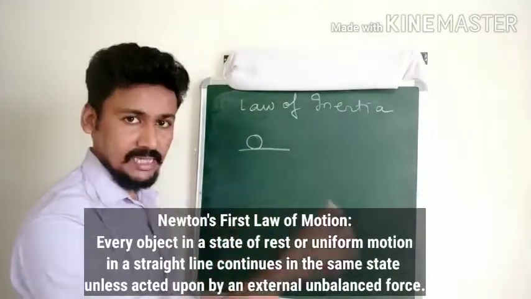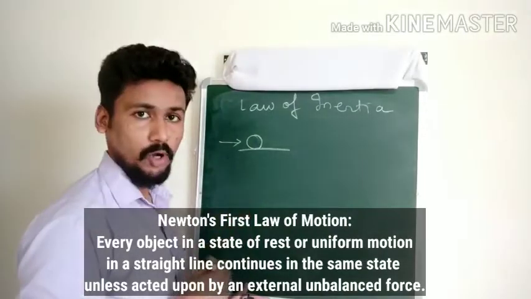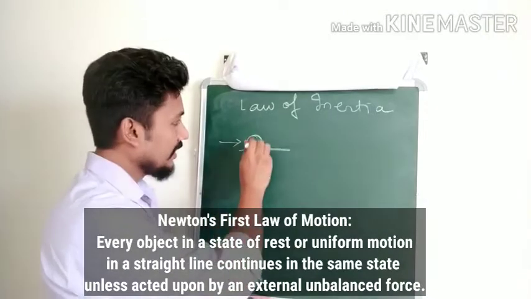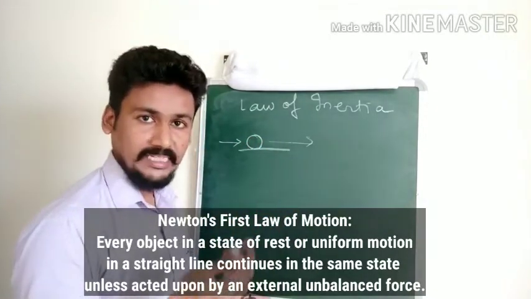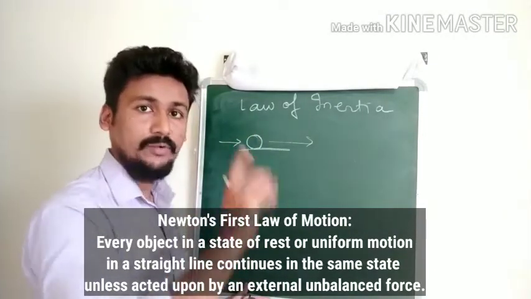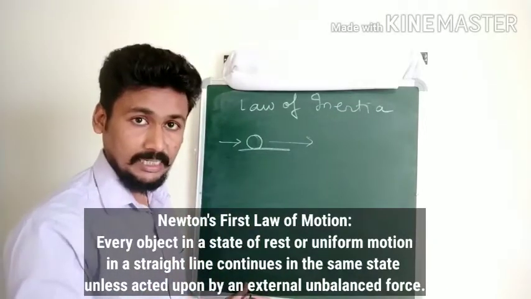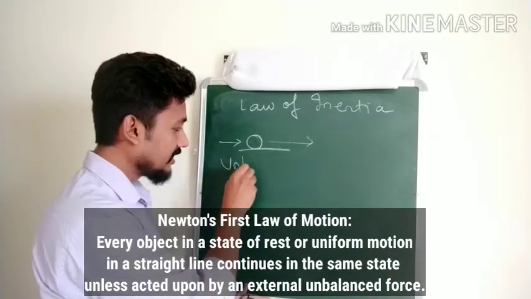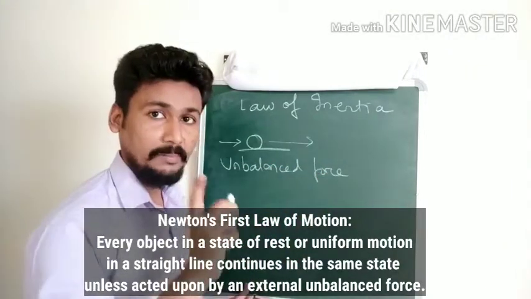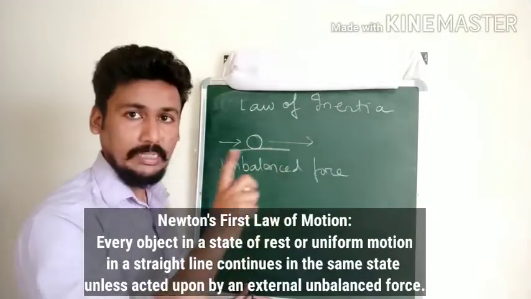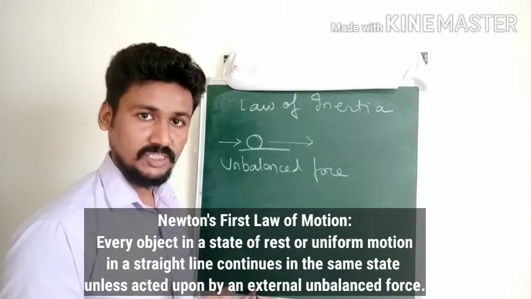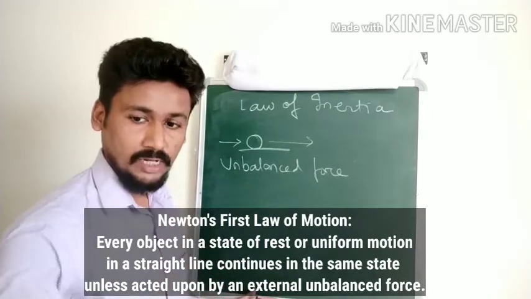Till somebody comes and applies a force on the ball or kicks the ball. If somebody comes and applies an unbalanced force, then the ball will start to move. Easy to understand? Okay. So, if an object is in a state of rest, it will remain at rest until somebody applies an external unbalanced force. I hope you remember the concept of unbalanced force. So, to move an object at rest, an unbalanced force is required. This is told to us by Newton's first law. Is that clear? Very easy to understand.